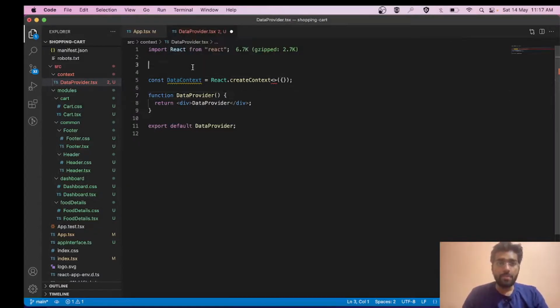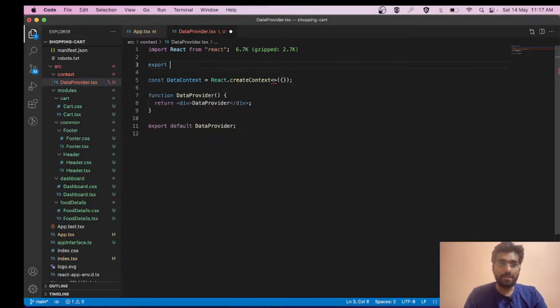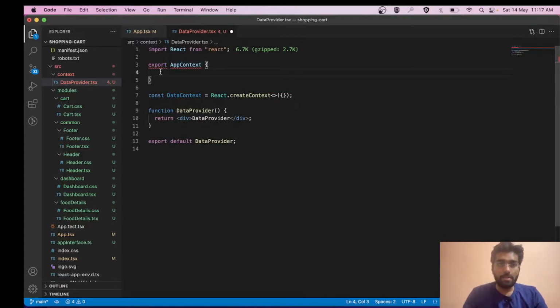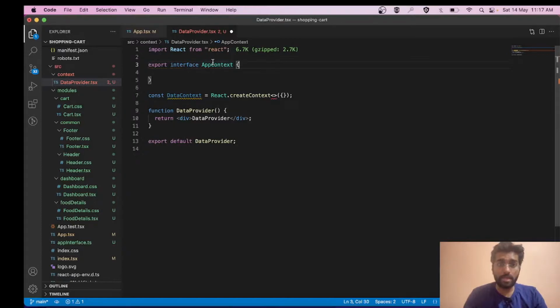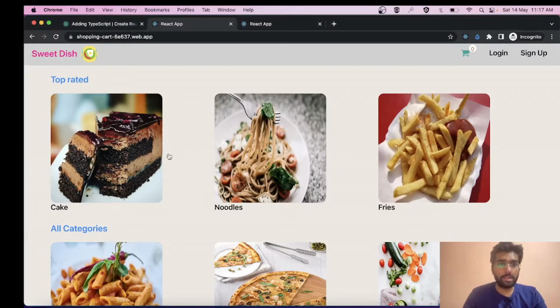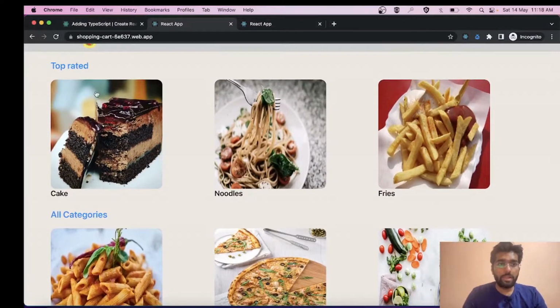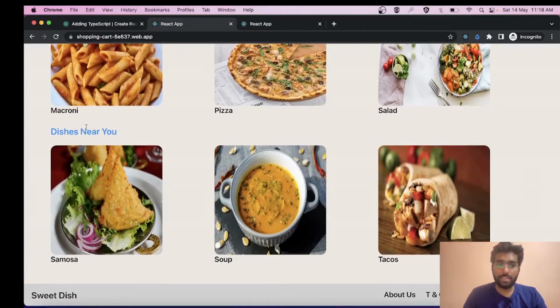One more thing, let's create another interface that we will name app context, and we can place all the required properties that our app context will have. Let's have a look at the component first. We will be requiring top rated items, all categories, and dishes near us.